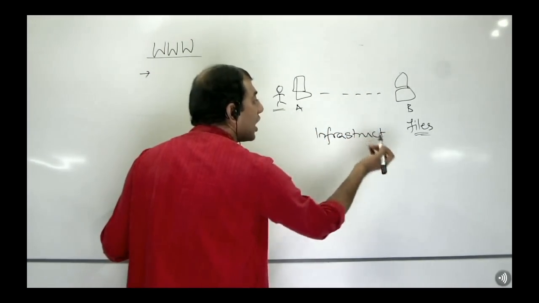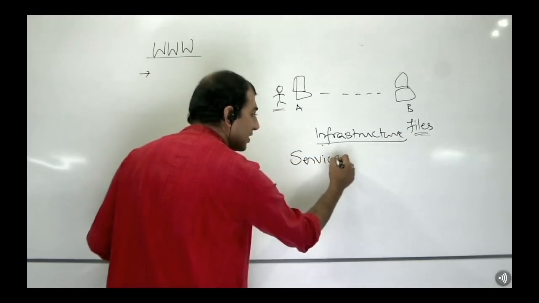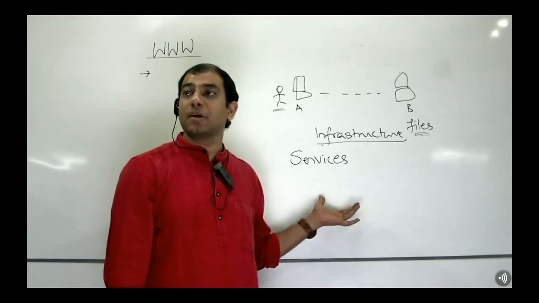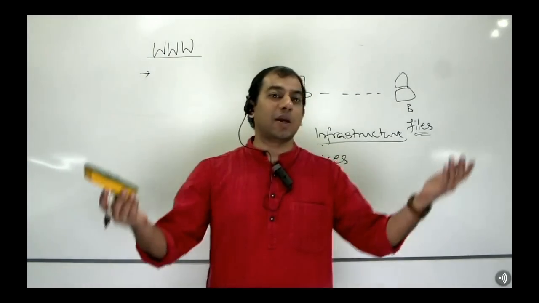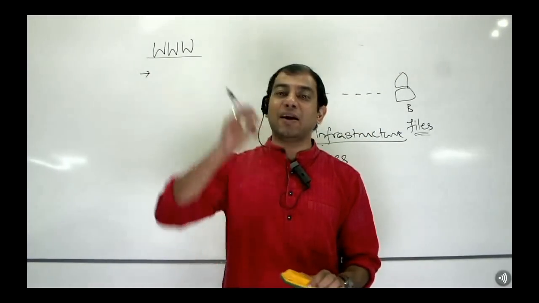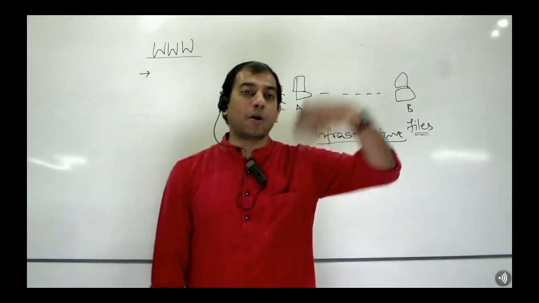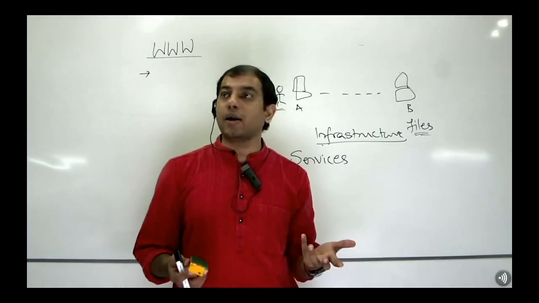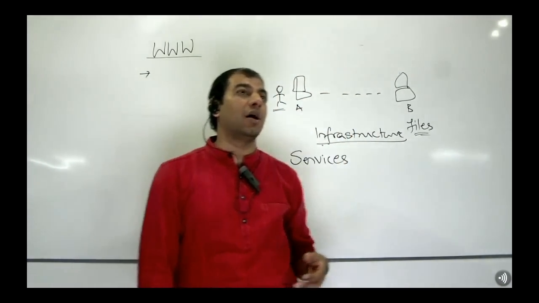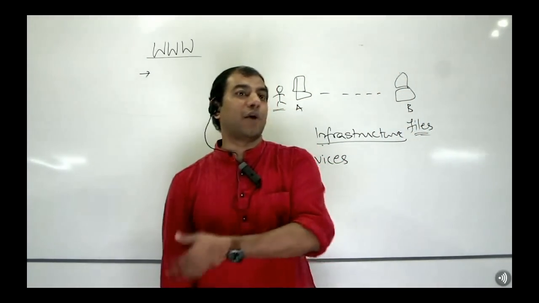It provides an infrastructure, and the same infrastructure can be used by many services. Tell me some of the services that run on this postal network. Apart from sending post, what else can you send on the same network? You can send money order, isn't it? Before Paytm and before net banking, clearly, if you wanted to send money from one location to another, how could you do that? It was almost an impossible achievement, you see, because your son is studying in some Mumbai university, and you are in some village in Karnataka, and the father wants to send some money.